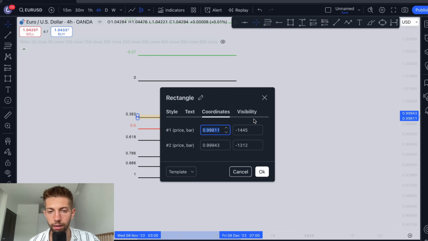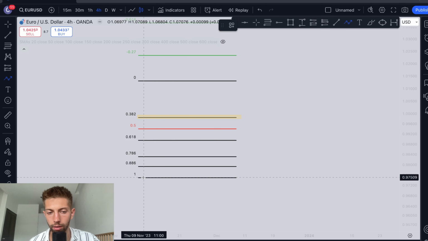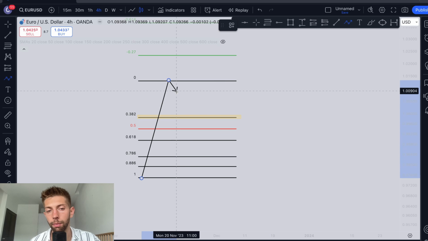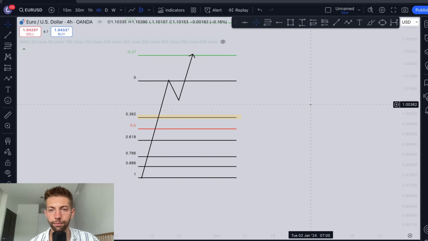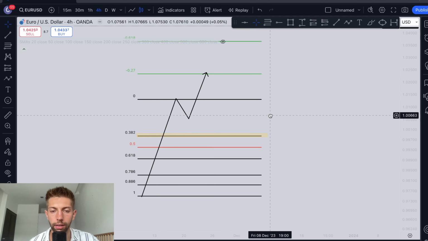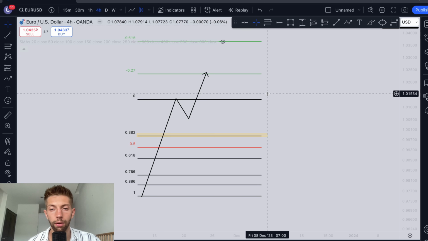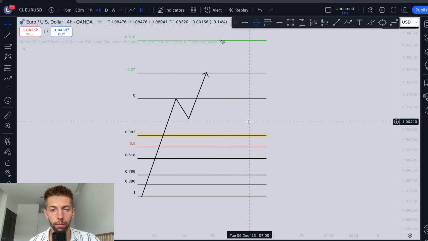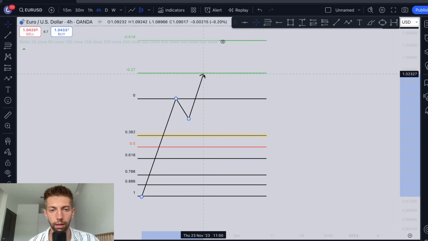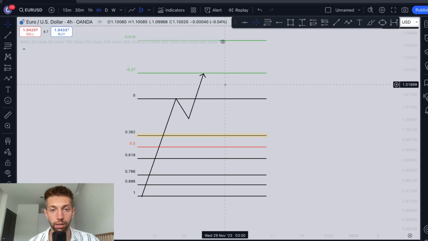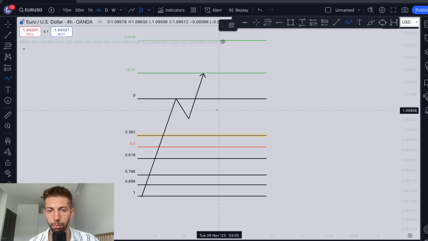Because let's say if price goes up and gives me a pullback of only, let's say 20%, and then goes up again, this pullback is not significant enough for me. I don't count this as a structure point, because what you will see, which happens a lot of times, is price